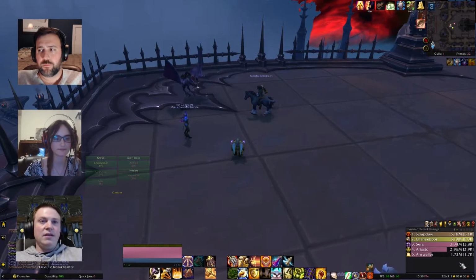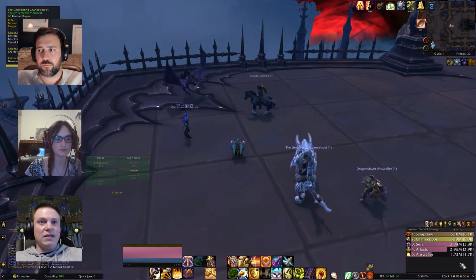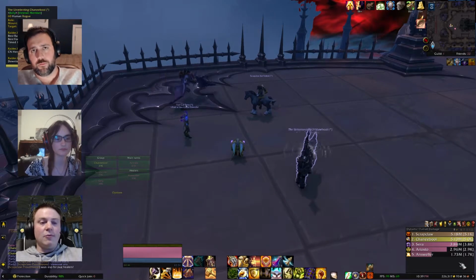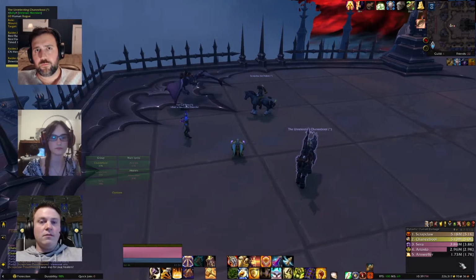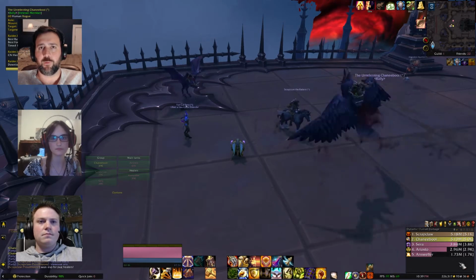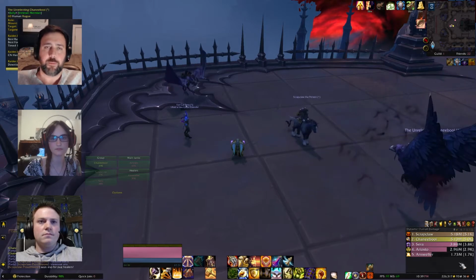If you don't have the group utility, if your people aren't soaking the lines properly, it's fast wipes. And as we mentioned, with how tight the timer is, one wipe and your key's gone. So I think that's a good vantage point, right? As a tank, Fortified worries me more, but as a healer, that'll probably be the case for most